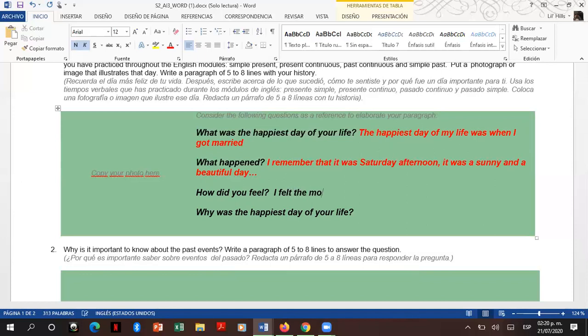I felt the most... Cierra la puerta. Sí. I felt the most fortunate. I felt the most fortunate man in the world. For example, right? For example,